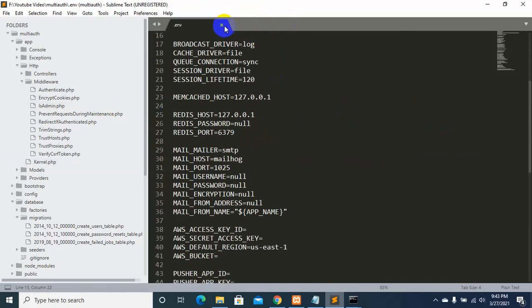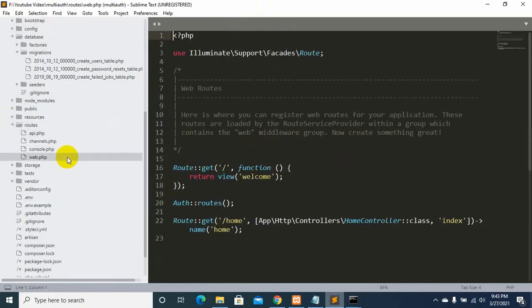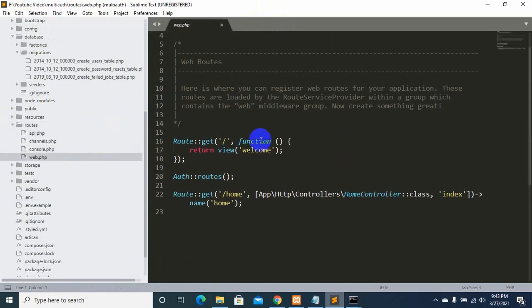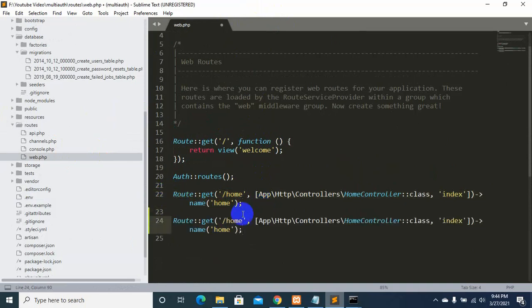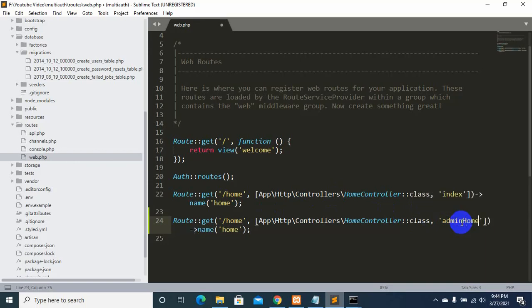Now let's go to web.php, which is inside routes. Click routes and then web.php. Over here I'm just going to copy it, Control C, and paste it over here, and we're going to say over here, let's say admin home.